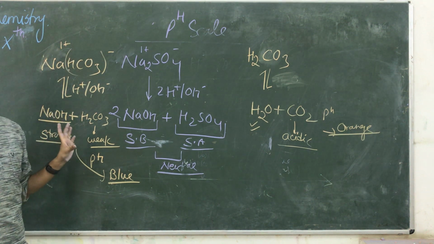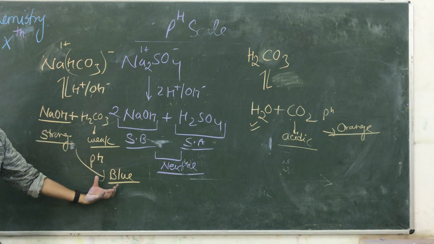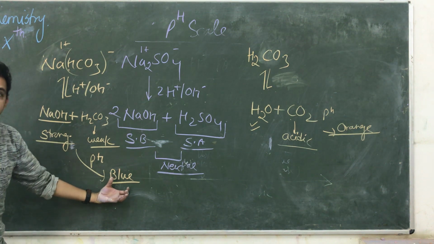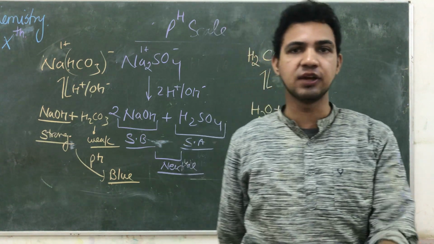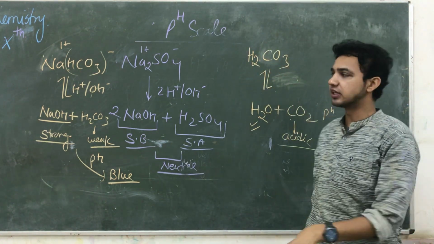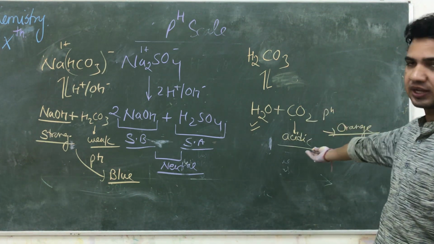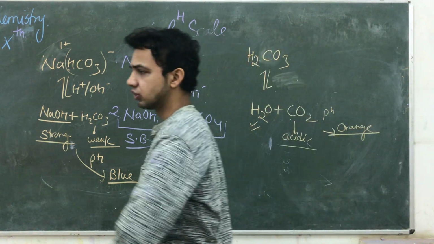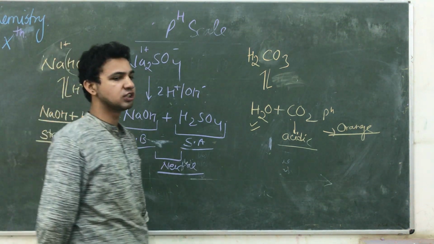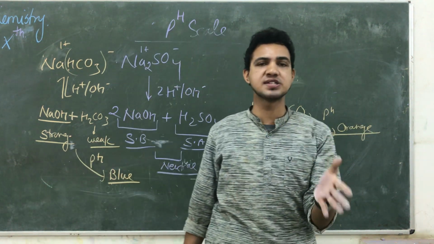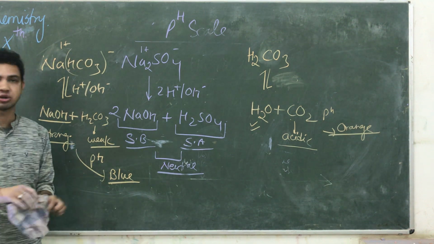How are we identifying that the nature of the salt is basic? By dipping a pH paper, and the color of the pH paper becomes blue. This is how we identify the nature of a salt with the help of proper evidence. The given solution is basic, the given solution is neutral, and the given solution is acidic in nature. That's pH. That is why pH paper is used to find out the nature of the given acids, bases as well as salts, generally in case of the salt, because we don't know about the nature of the salt.